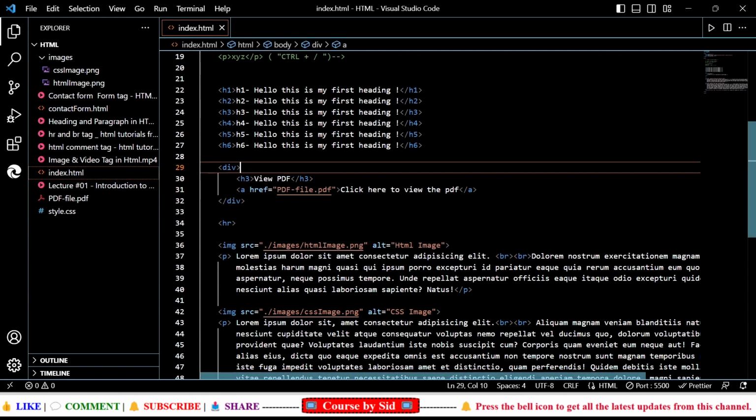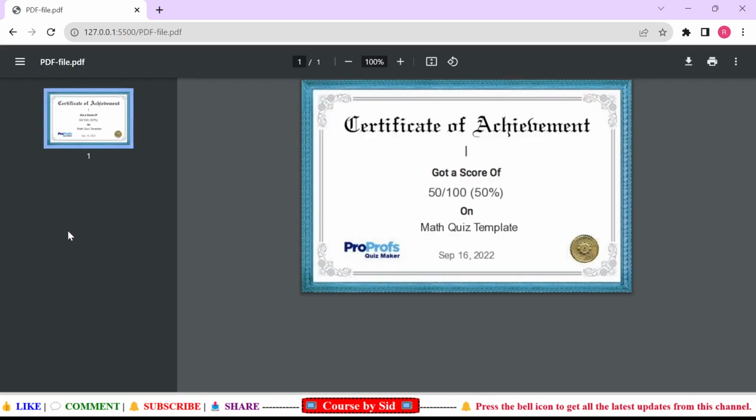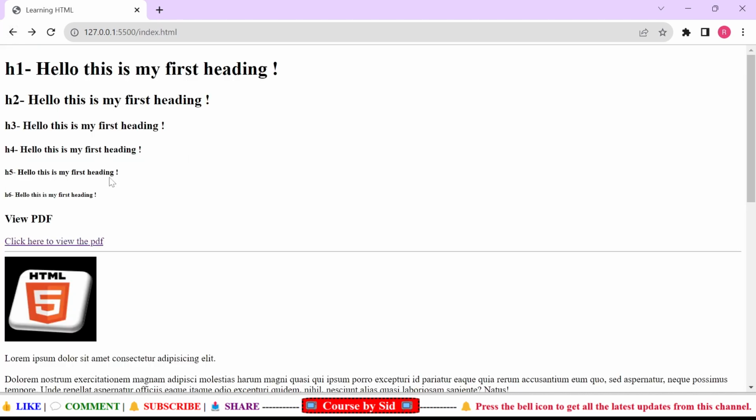Then I'm going to save this and I'll come back to my UI. So now here you can see that it is coming, click here to view the PDF. Now if I click on this, you can see that the PDF has been opened. And one more thing,